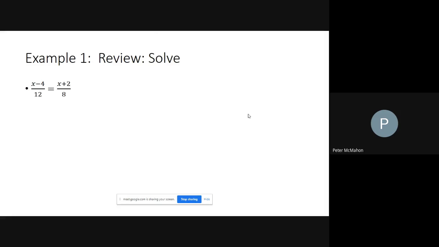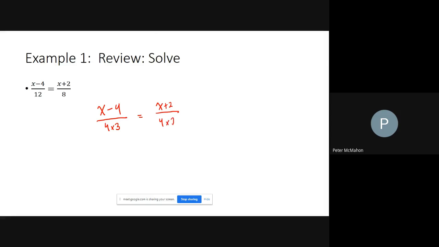Now, there's a few ways that we're going to do these questions over here. I'm going to do it in kind of a weird way here, and then we're going to be able to apply this method into other questions as well. So what I'm going to do is I'm going to factor 12 into 4 times 3, and then I'm going to factor 8 into